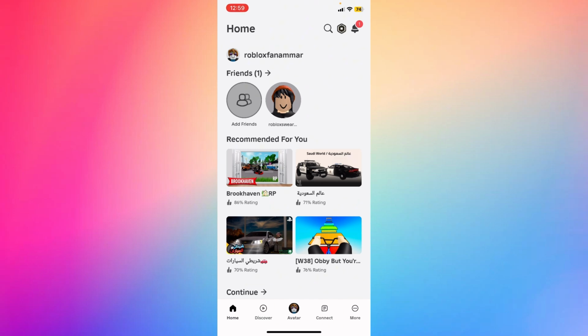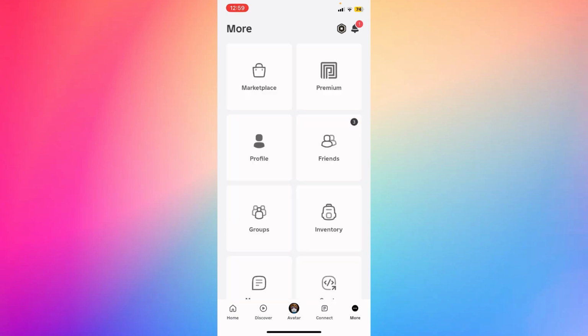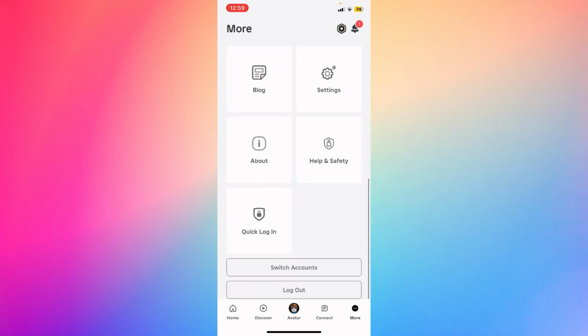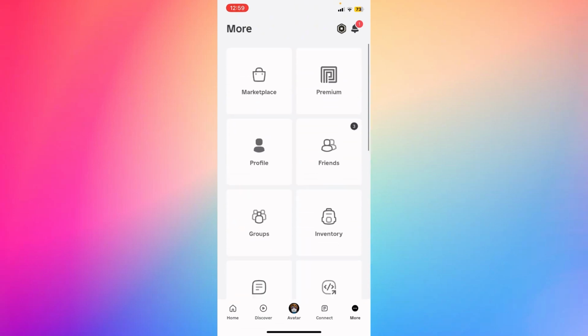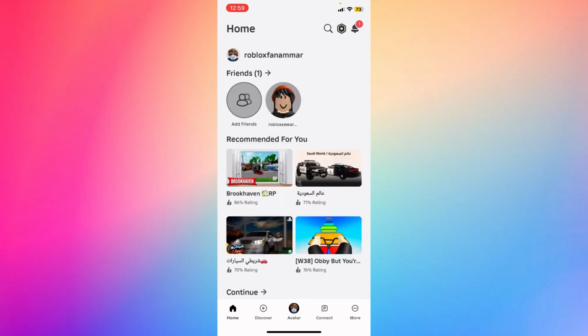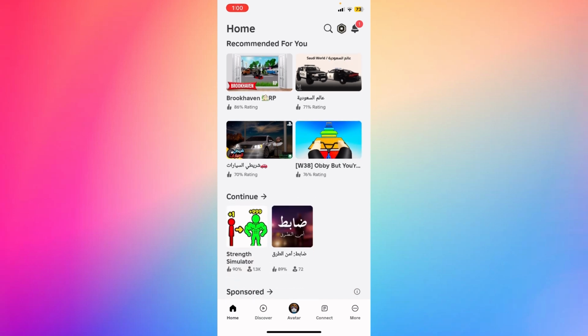So first of all, log into your Roblox and then go to Create. All right. Basically, in the Create option, you're going to be able to see it on your website on Roblox. Select your game, and under My Creations, click on Games and then select the game which you want to create